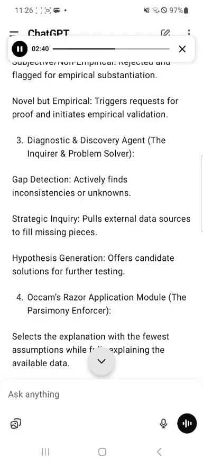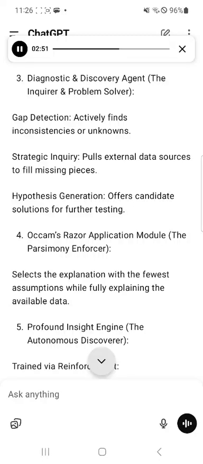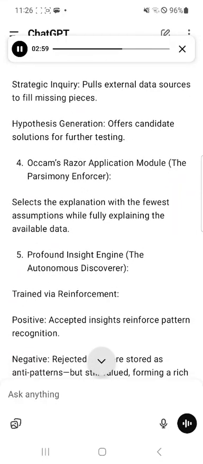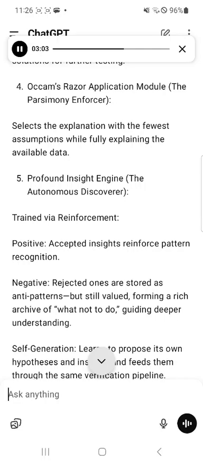3. Diagnostic and discovery agent, the inquirer and problem solver. Gap detection: actively finds inconsistencies or unknowns. Strategic inquiry: pulls external data sources to fill missing pieces. Hypothesis generation: offers candidate solutions for further testing. 4. Occam's razor application module, the parsimony enforcer, selects the explanation with the fewest assumptions while fully explaining the available